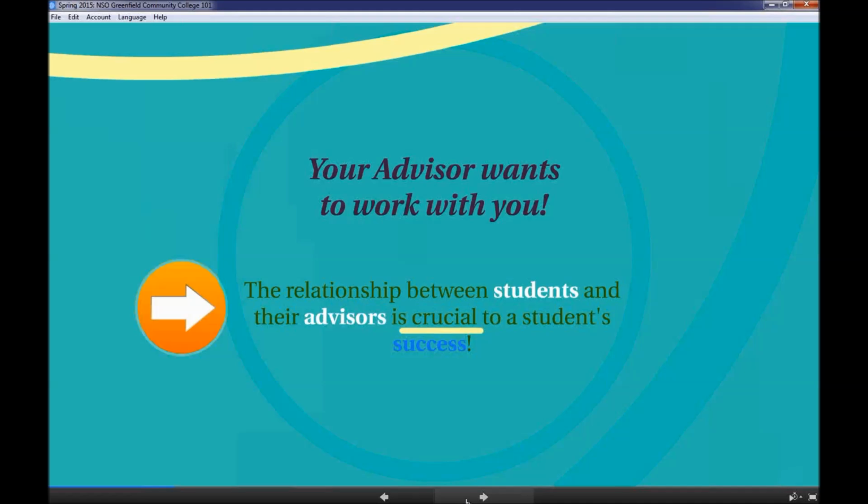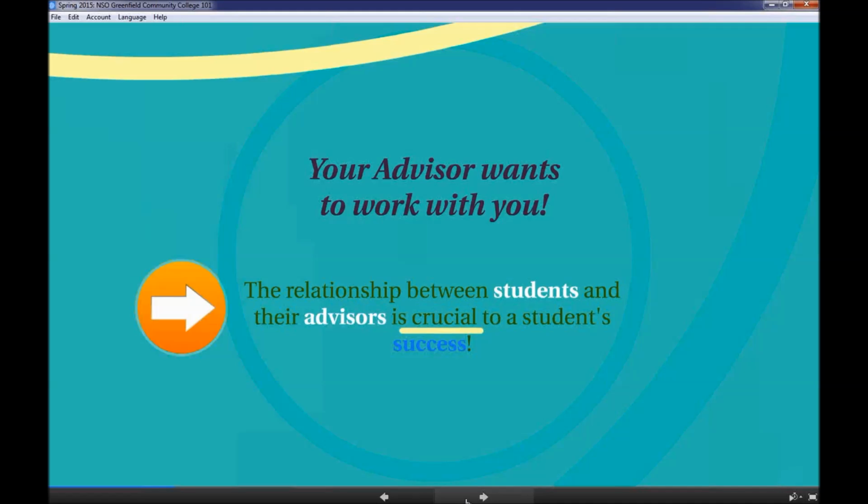It's very likely that you've already encountered a faculty member or staff member on campus that you've developed a connection with. It's possible that they have room on their advising load, and so if you find that that is a situation that exists for you, an advisor or staff member that you'd like to have as an advisor, you can always go down and ask the advising office for assistance with making that switch. There's a very simple form that needs to be completed where your new advisor can sign off, and